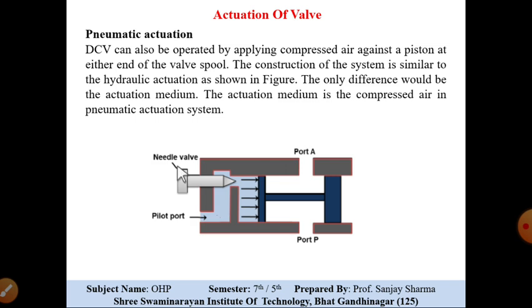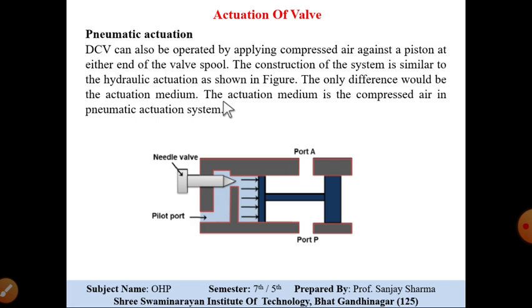In addition to that, the problems of leakage and oil spilling are also avoided. The main advantage of this type of actuation is that free compressed air is available from the atmosphere. Free air is available, we only have to compress it. We can utilize it, so operating cost is very low, and leakage problems can also be resolved very easily. So this is how these 4 different types of actuations are done.